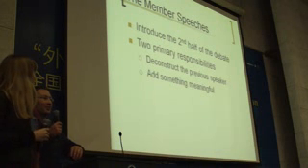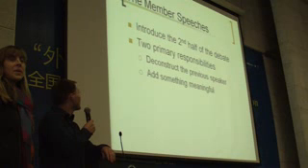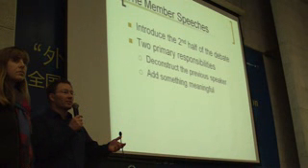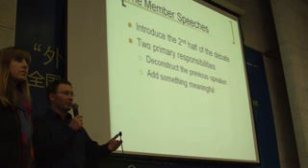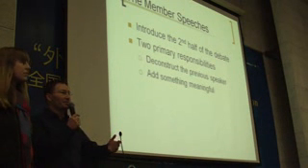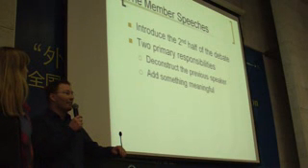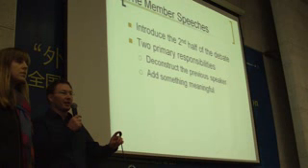So a couple of things about the paradox of being a member speaker, providing your extension speech. Obviously, you already know that this is your chance to introduce the judges to the second half of the debate. It's your opportunity to let us know where the debate is going to go from here. We've just listened to roughly half an hour of debating, and now it's time to open the second half of the debate. The two primary responsibilities that you have in the member speech are, first of all, you need to deconstruct the previous speaker. You need to provide rebuttal to that previous speaker.